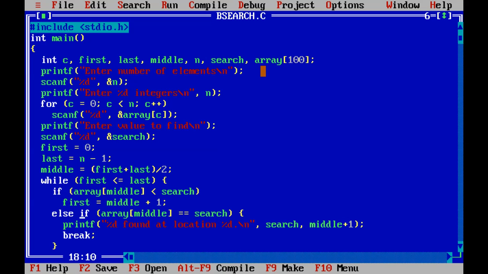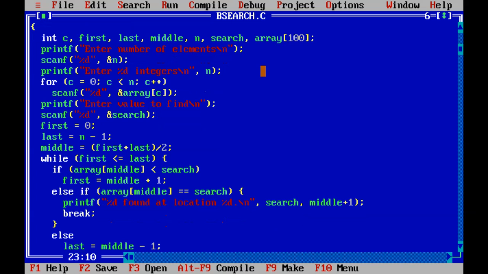Else if the array middle is equal to the key element, it will display the search location, meaning the number is found. Then it will break, it will not search again.